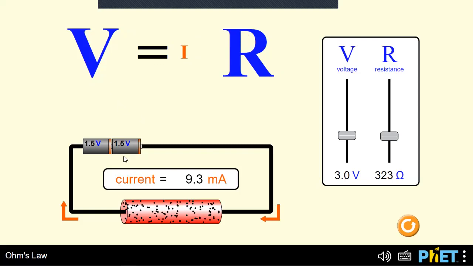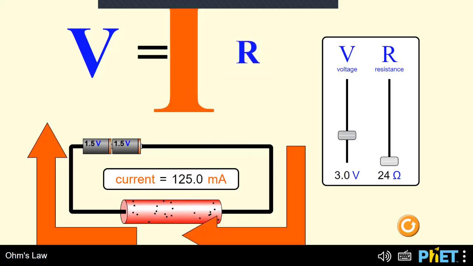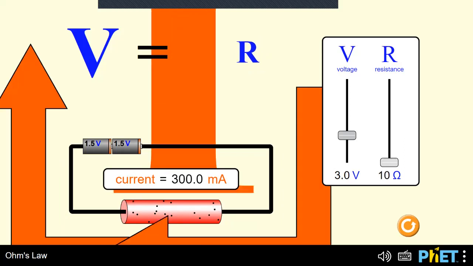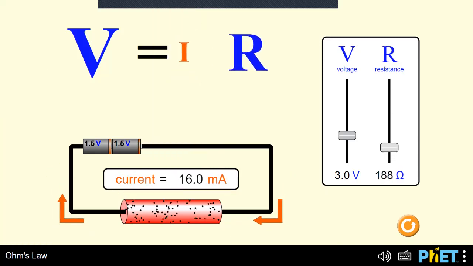Now, if I have a 3 volt battery inserted in this circuit, let us look into the amount of current that will flow in this circuit as we change the amount of resistance present. If I lower the resistance, the electric current becomes much bigger, so there is a great amount of electric current flowing in the circuit. Now, making the resistance higher,